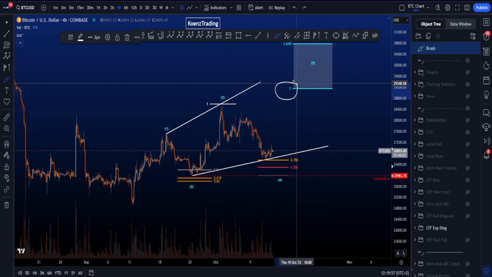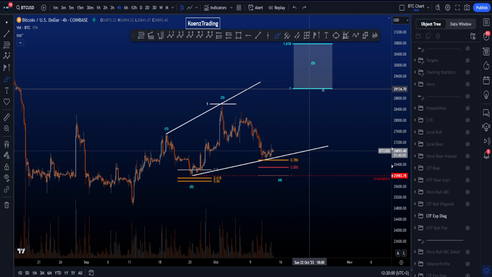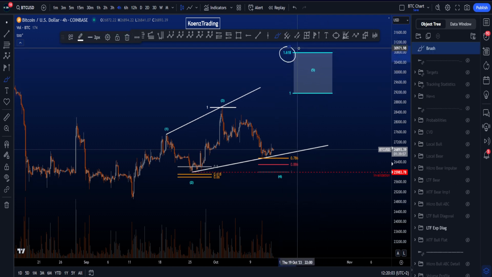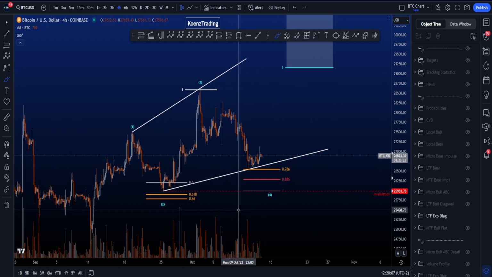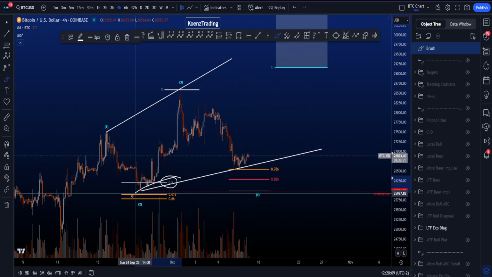Therefore, the minimum target is hitting the 1-to-1, sitting at 29.1k. And usually the 1.618 is like a maximum target at like 30.8k. In this scenario, the 0.5 acted as support for wave 2, which is a less common target for a wave